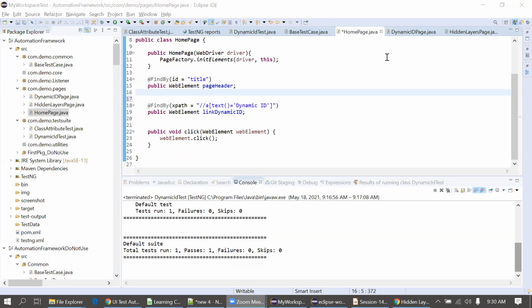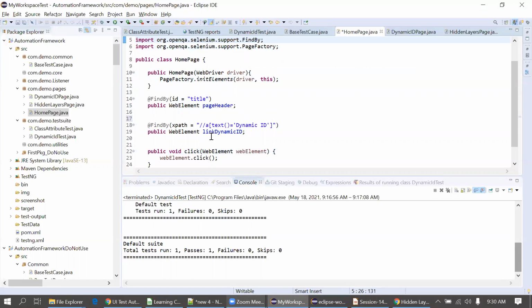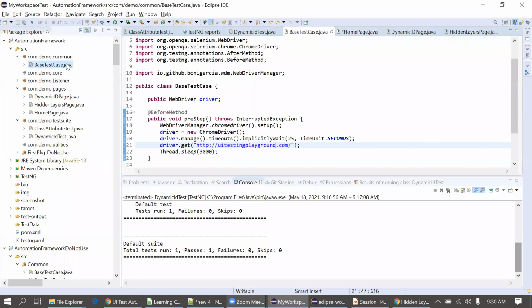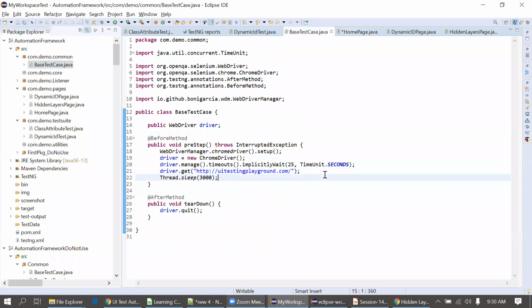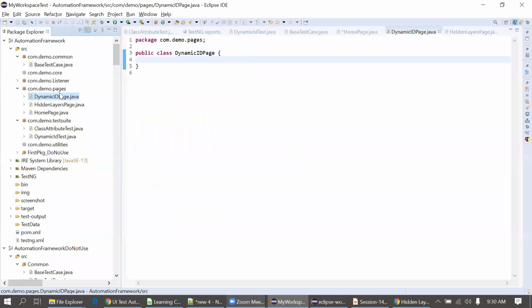Yeah, Diksha, what do you want to clear? See, as of now, what I understood is, I would like to check if my understanding is correct or not. Tell me. First, you created the base class where you called the Chrome browser, the browser which we are taking from the elements. First, you did that thing. Then secondly, you created the pages, depending upon how many web pages there are.